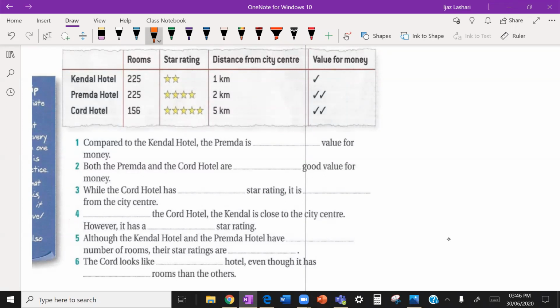The difference in distance is much higher, that is 5 kilometers. So you don't bother about another 3 kilometers. It might take 10-15 minutes, but you have a 5-star hotel with lots of facilities, luxuries, and security standards must be very high, with good quality of food, and might be having swimming pools and